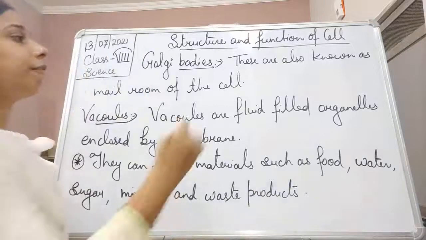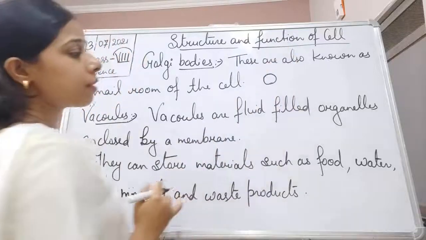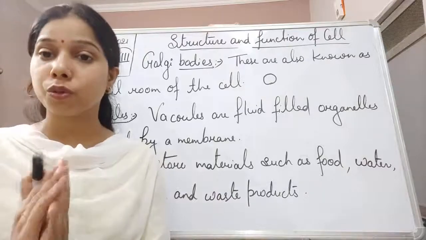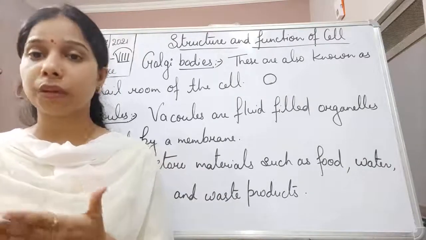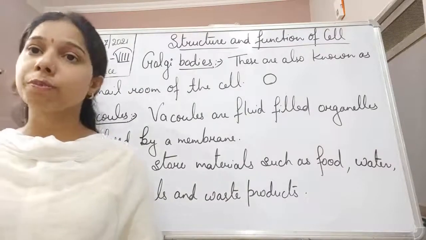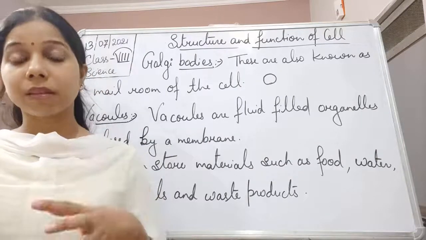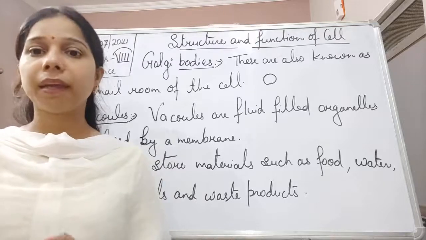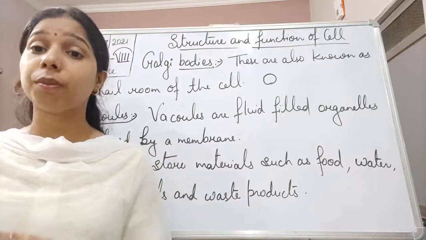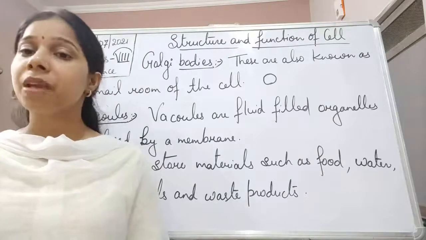So, we said that vacuoles are fluid filled. When you see the cell, such a sac-like membrane structure will be seen, and basically its role is to carry food, minerals, hormones, enzymes, and it is also responsible for carrying the waste product outside the cell. There are some things that should come inside the cell, so this will be carried with the help of the vacuole. Also there is some waste material that should be thrown out of the cell, and this will also be carried out with the help of the vacuole.